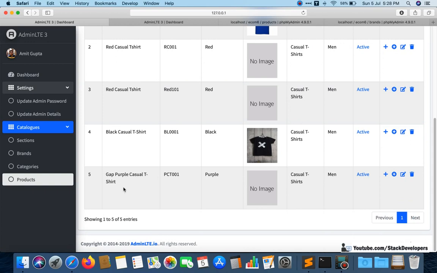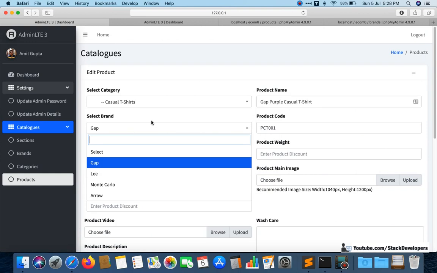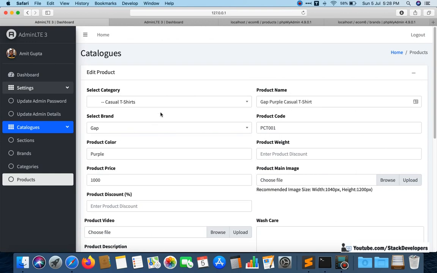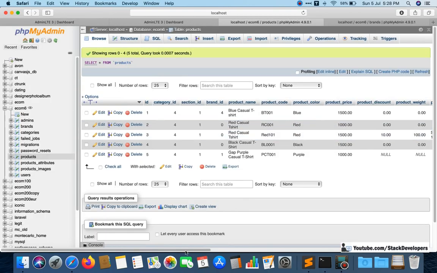We have added the Gap purple casual t-shirt. Okay, I'm going to edit, and you can see the Gap brand here. Okay, so you can check out, and if such an error comes, then you can accept null for all these columns. Okay, so you can check in our table as well.